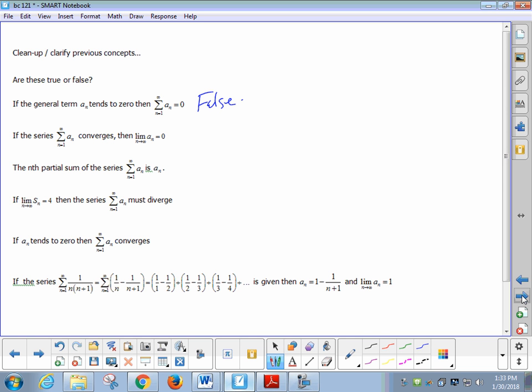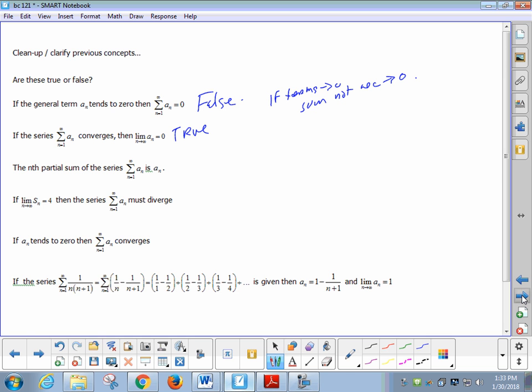Remember, throughout these, distinguish between terms and sum. Terms and sum. If the series, or the sum of the terms, converges, then the terms must go to 0. True. The only way it has a chance is if the terms go to 0. So that must have been true. If the sum converges. I would say something like, just because the terms go to 0, the sum doesn't necessarily. You with me? Yeah. Okay.